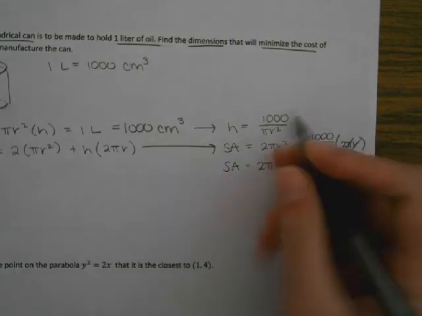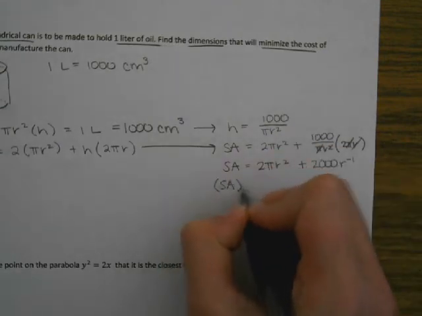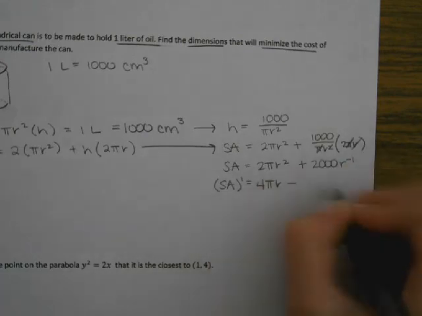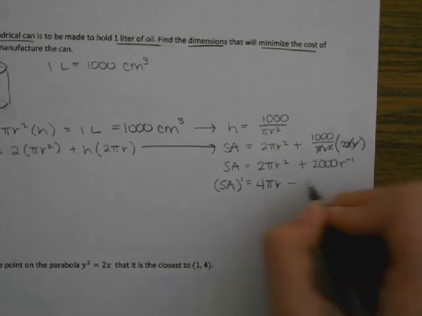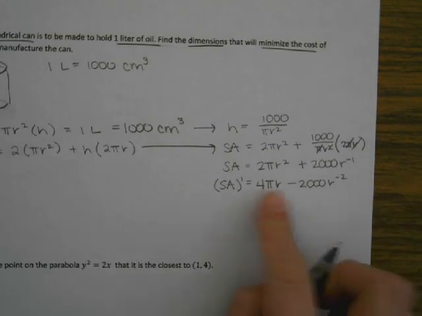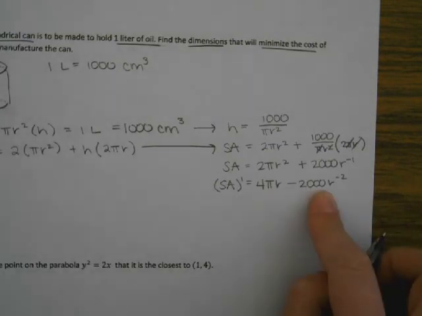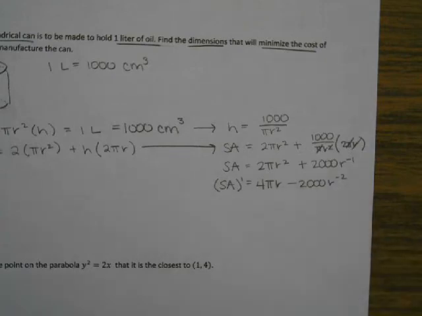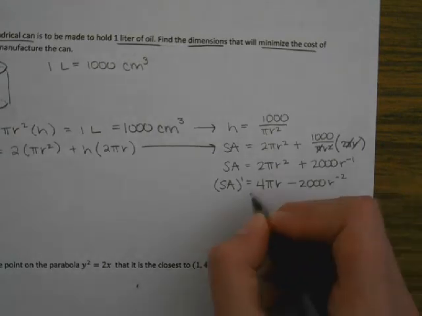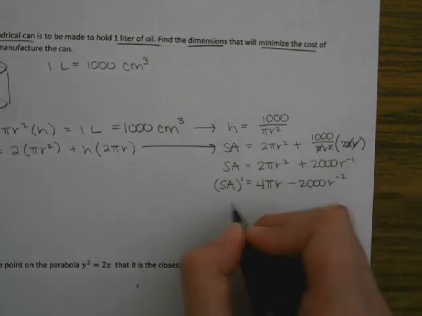So if I do the derivative of the surface area, I'm going to get 4 pi r minus, right, because it's negative 1 times 2,000, so negative 2,000 r to the negative 2 power. And this is what I'm going to find the critical points of, because I am minimizing this. So for me to find a minimum value, and we're not going back to Math 3 and graphing it on the calculator to find the answer, we're going to do this by hand using calculus. And so the way that I'm going to find this is I'm going to go ahead and take this derivative and set it equal to 0. Because I know when the derivative is 0, we can find